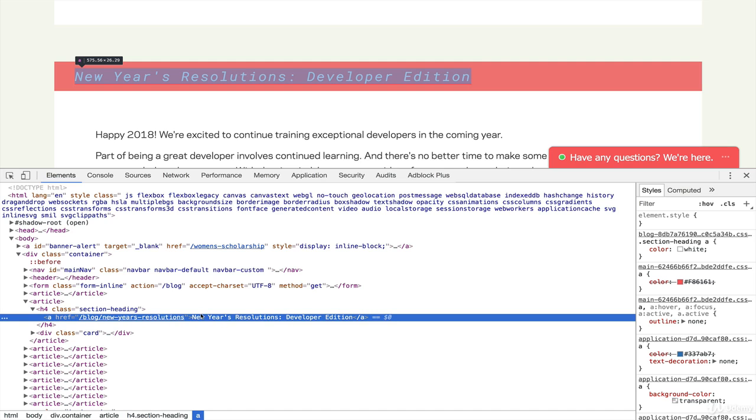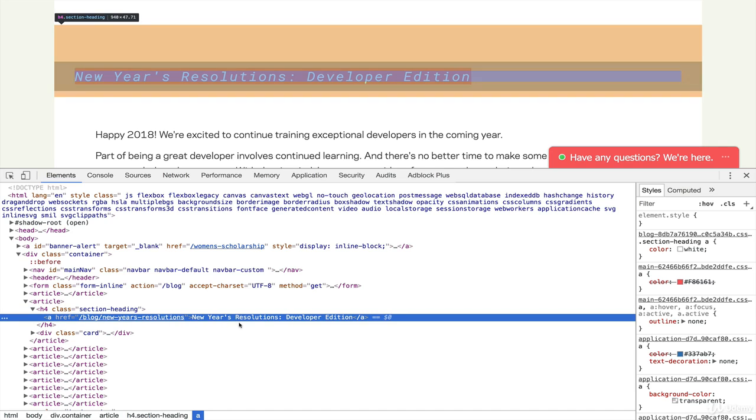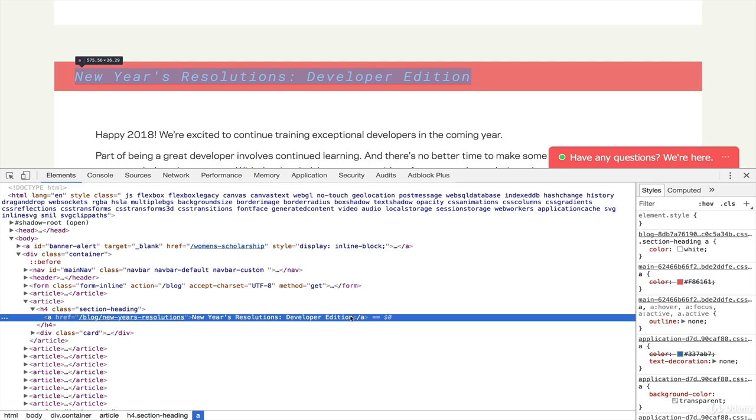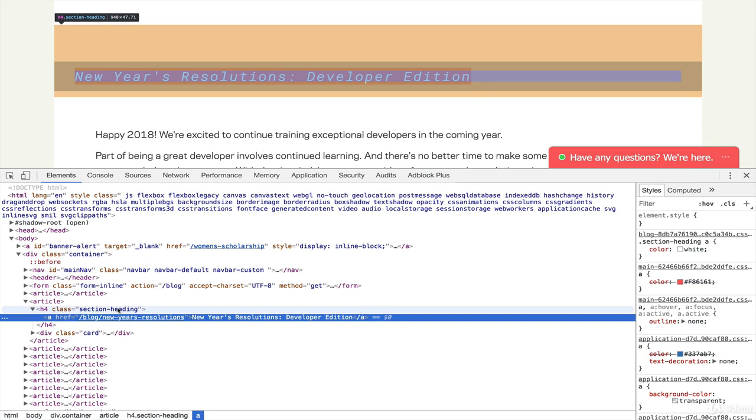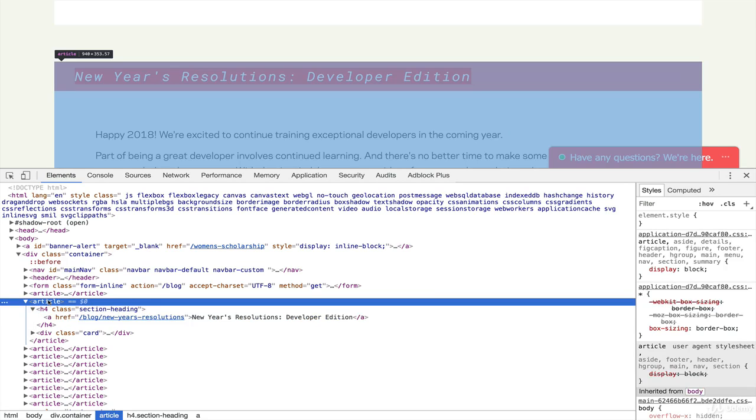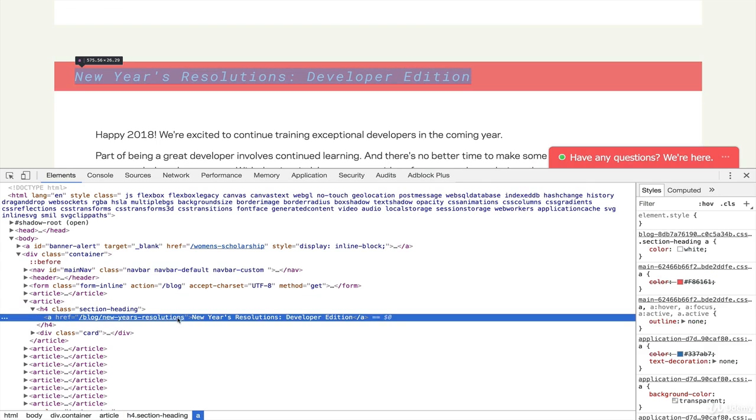And then the text right there, New Year's Resolutions Developer Edition, that is the data I would want. So we identify the information we want. It's in HTML, but this is the data I want to grab with Python or something. Then I have to be able to tell Python how to get here. I need to know the path that we took. It's like Hansel and Gretel, little breadcrumbs. It's in an article, and then there's an H4, and then there's an anchor tag, and then take the text in the middle of that anchor tag.